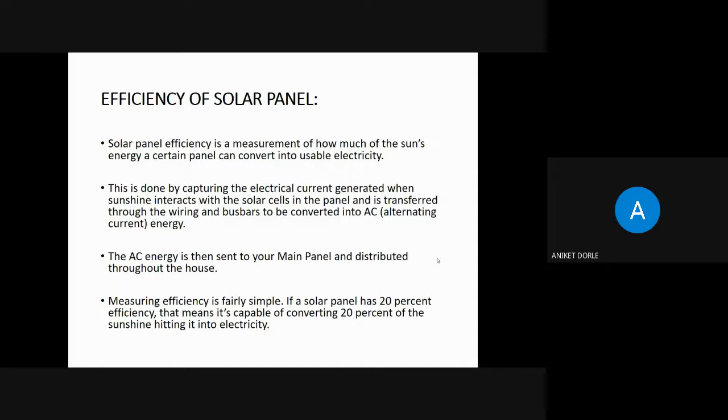Sir, BBC material will help to capture more of the sun's energy, and as more of the sun's energy is captured, the electric current generated by the solar panel will be more, and in that way the efficiency of the solar panel will be increased. There are also other factors which affect the efficiency of the solar panel. We were trying to cover them while performing the practical presentation on our rooftop solar panel.